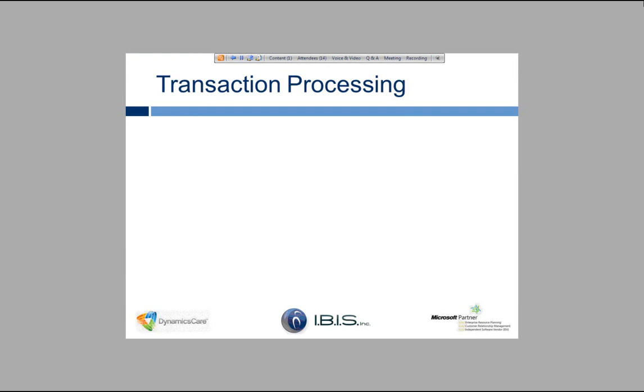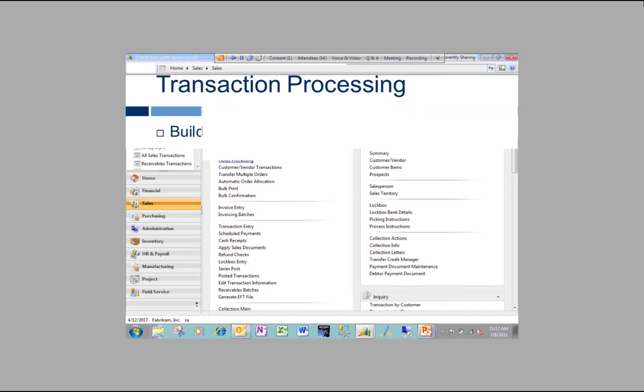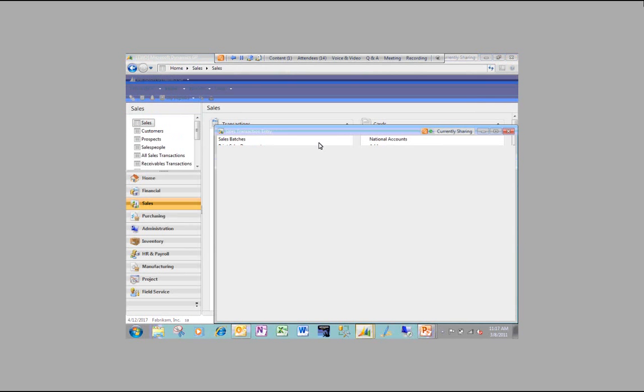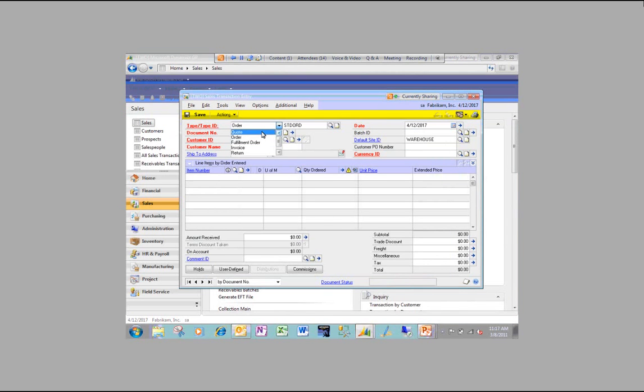All right, so let's look at some stuff around transaction processing. Too many folks still don't use quotes inside of Dynamics GP. The nice thing about quotes is that you don't really have to have a customer yet. So for a quote, I can actually say,